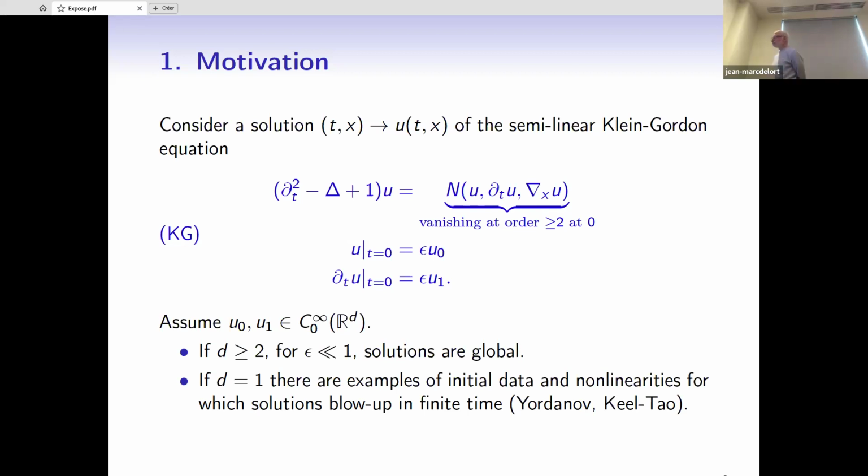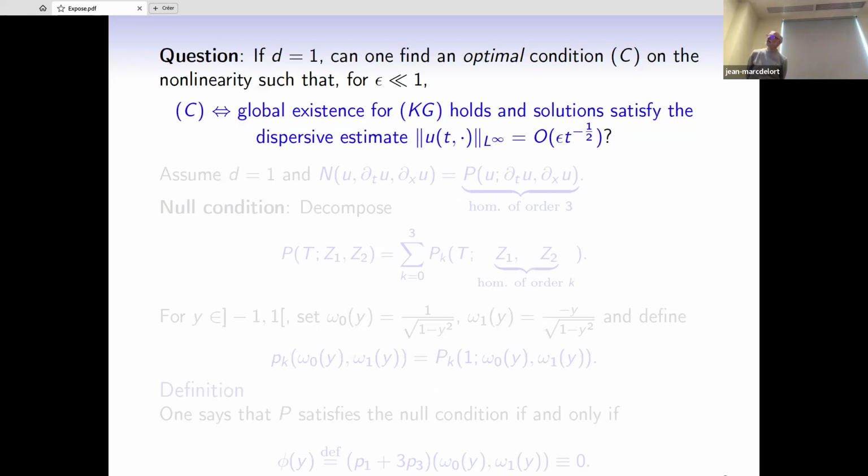So this brings us to the following question in one space dimension, namely, can we find in one space dimension some optimal condition, call it C, on the nonlinearity, such that in the framework of small initial data, this condition C will be equivalent to the fact that global existence holds true for small data, and in addition, solutions satisfy the usual dispersive estimate,